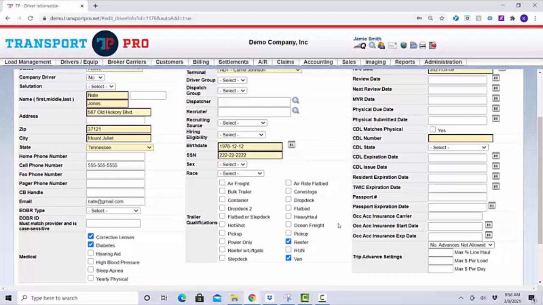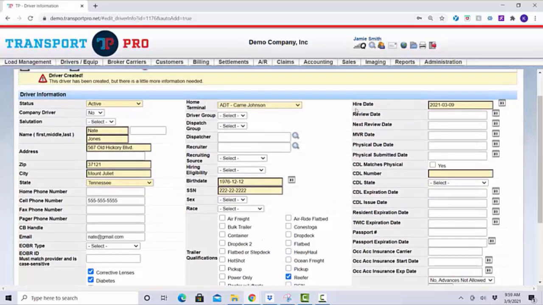Now note, that doesn't mean it's a hard stop. The system will still allow dispatch, but it just brings that issue to the dispatcher's attention. So this is something to note and be aware of if that's something you want to monitor. Hire date, enter the driver's hire date. Review date. So this is where we start getting into over here in this third column, really all that safety information. So enter the driver's review date,